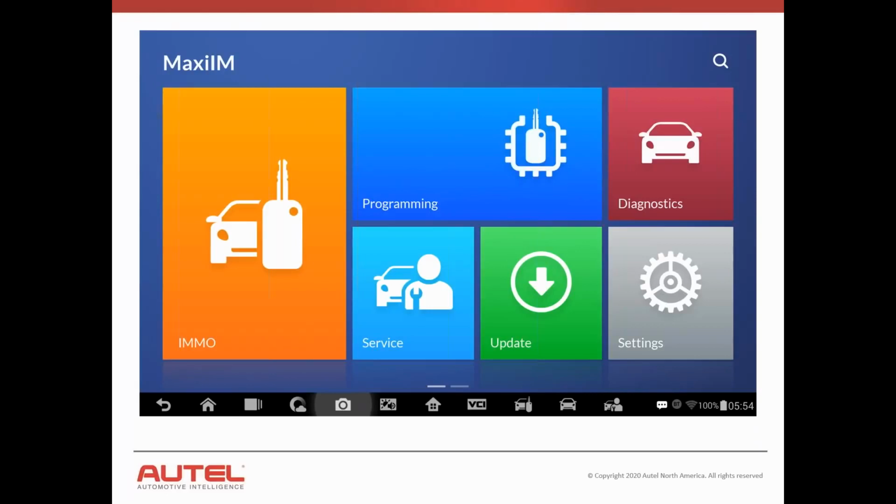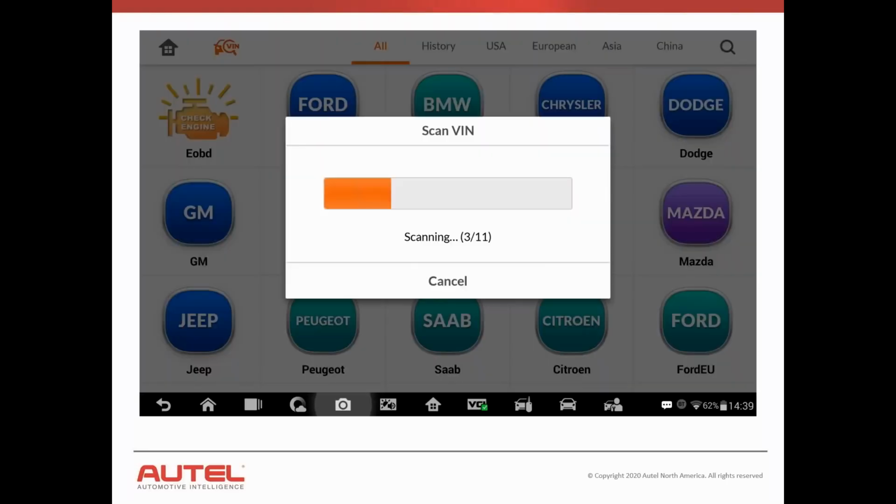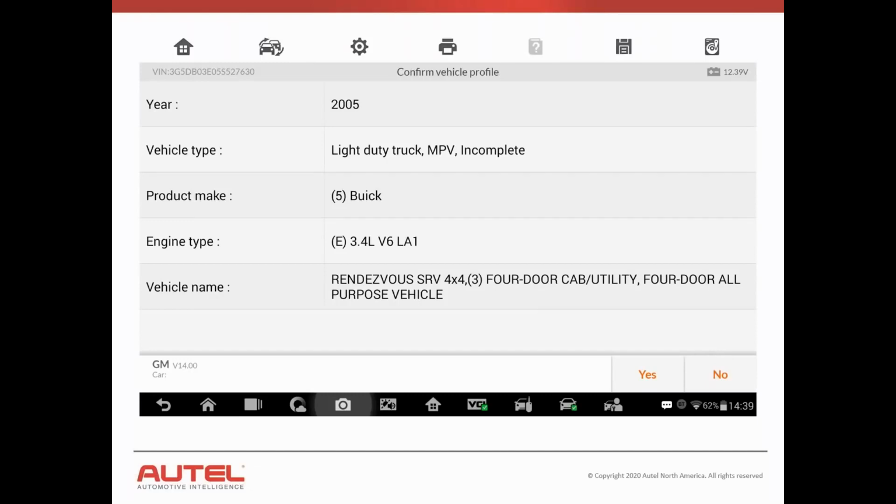We're going to go ahead and jump into the diagnostics piece of the Autel IM608. This is going to be specific to the 608, but it does have a lot of the same features when we're talking about the IM508. So whenever we select the diagnostics button on the IM608, there's going to be a few things that are just a little bit different. We're still going to have the ability to scan the car wirelessly with the J-box attached to the vehicle and then Bluetooth wireless to the tool. We still have the ability to do our VIN scan and do our auto detect. Whenever we do the auto detect, it's going to go through the same process as our MaxiSys tools. It's going to scan that VIN information, pull as much information out as it can. So it's going to give us the year, make, model, engine, and pull all the data that it can get